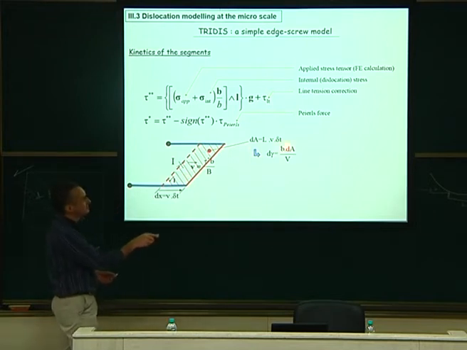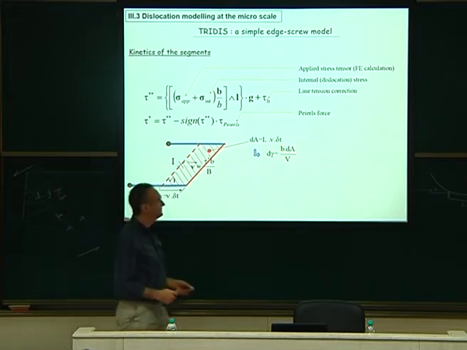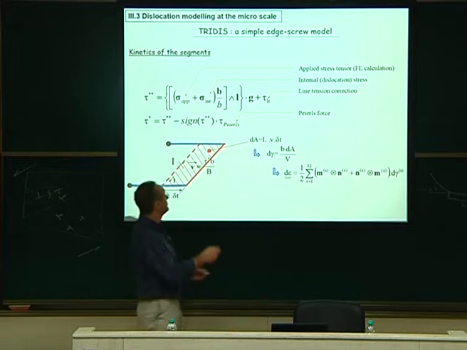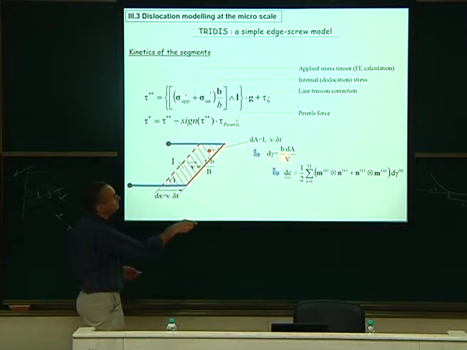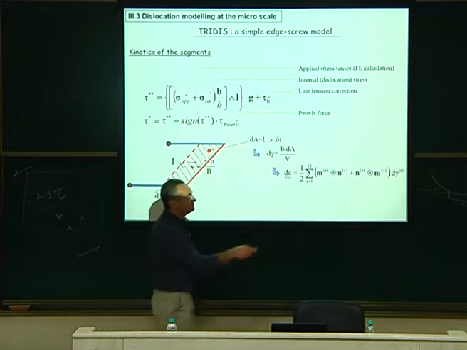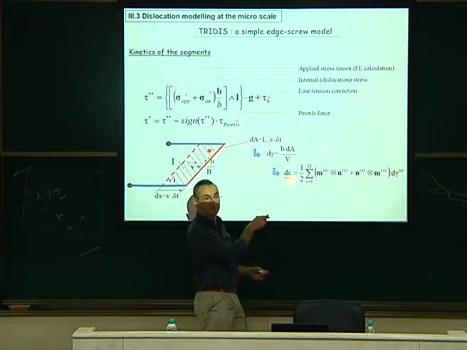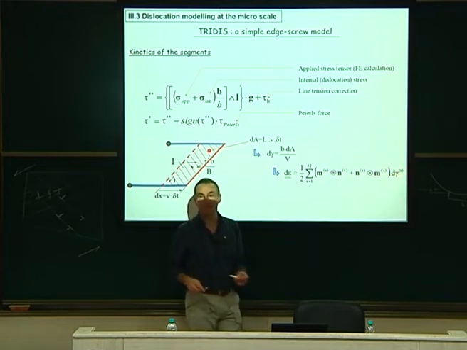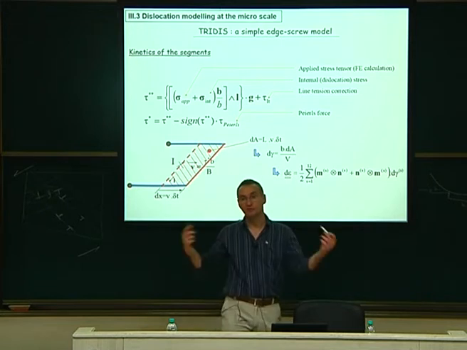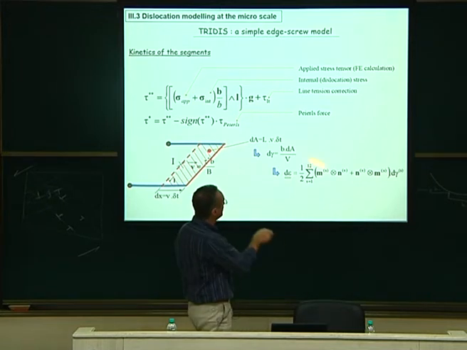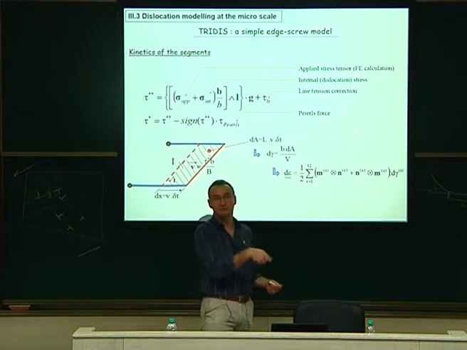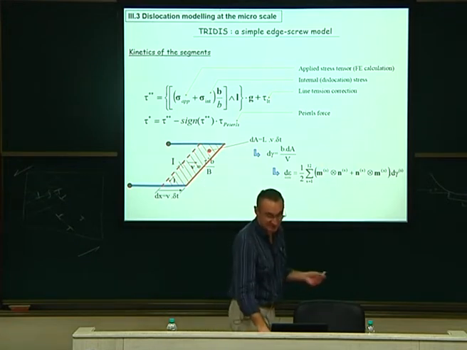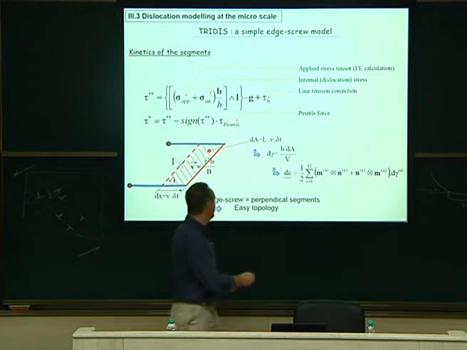The shear strain is just, as we said previously, this is the rho b law. b times the area divided by the volume: b dA over V. So as soon as dislocations move, they sweep an area, they give a shear strain. The shear strain is now put into a strain tensor with this formula here. So you come from the shear strain to the matrix, okay, in 3D. And then out of that, you have the mechanical behavior because you have the stress, you have the strain. Okay, so you have your mechanical behavior out of DD. So that's simple. And it is simple because segments are perpendicular one to the other, as I said.